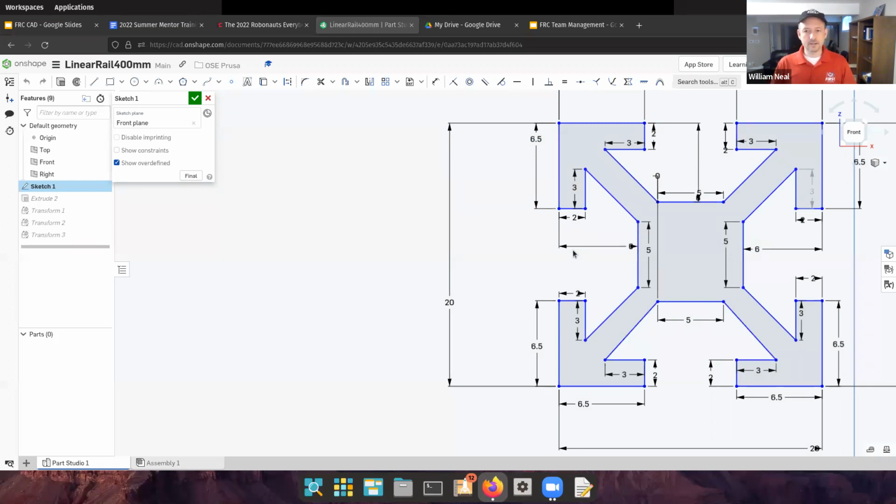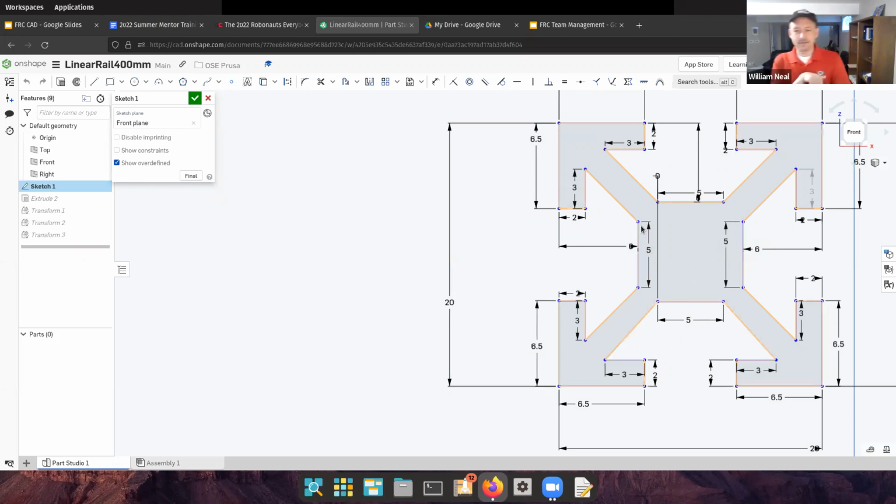Maybe there's a way that we could do this a little bit easier. As you see, I drew all of this all at once because I was just getting used to the Onshape interface. But you see, I've repeated something here. 1, 2, 3, 4. Anytime you repeat something in computer science or in life in general,